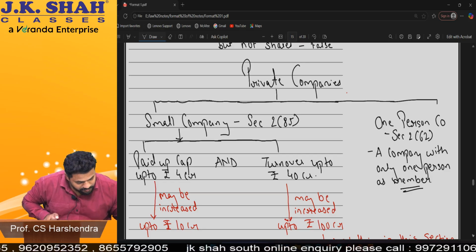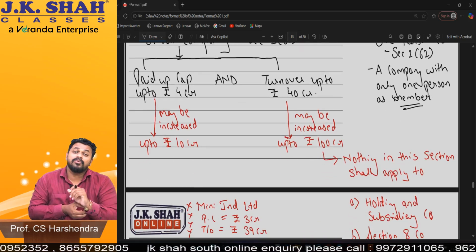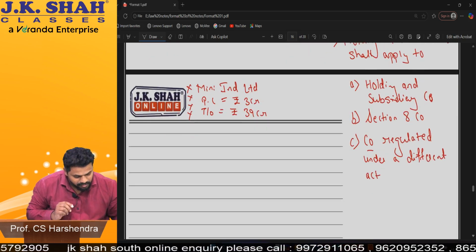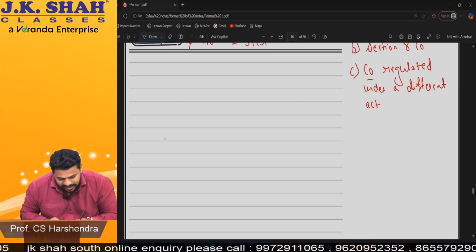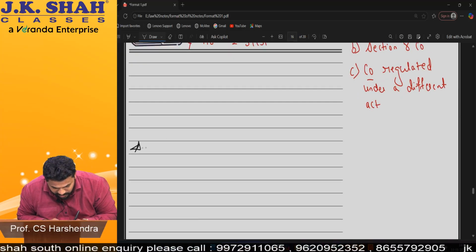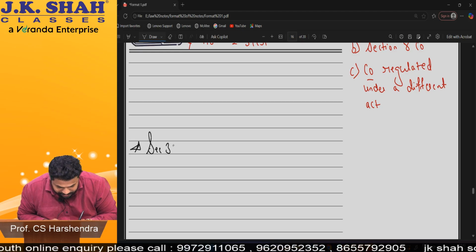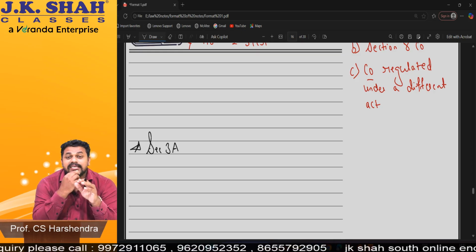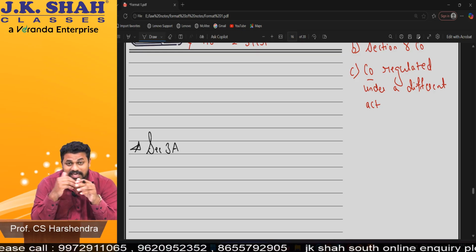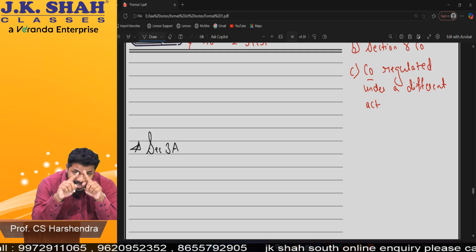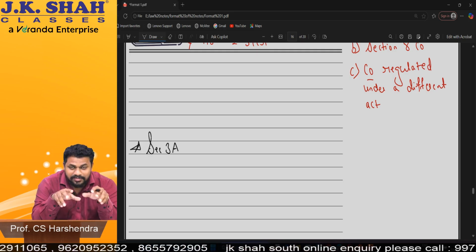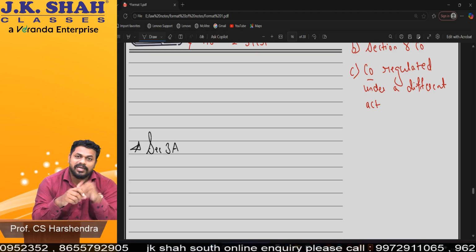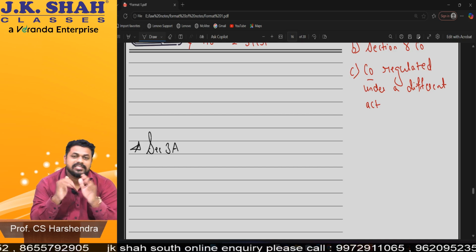Okay. Now there are some legal provisions for one person company which I'll start, but before that there is an important section which we have to do, and that section is important, star mark I'm putting. Section 3A. Now section 3 tells a company may be formed for a lawful purpose. Yesterday we studied. In Section 3A, whenever a capital A comes, it means it is an added section. When the act was made, at that time it was not a part. Later on it was added. So what does section 3A tell?